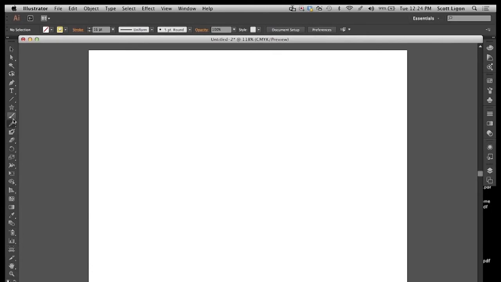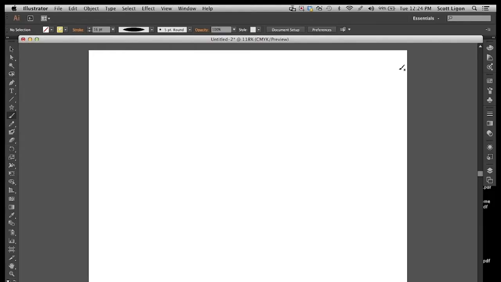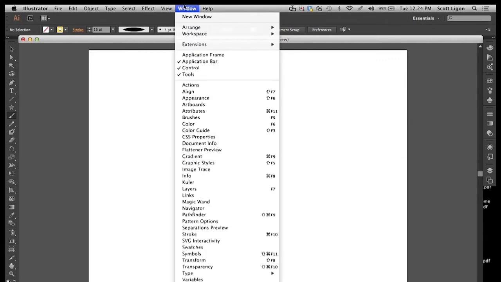So that was the pencil tool. Now let's work with the brush tool. The brush tool works a lot like the pencil tool, but you can also assign characteristics or draw with characteristics like thicks and thins. Like Photoshop, all of the panels are under Window,